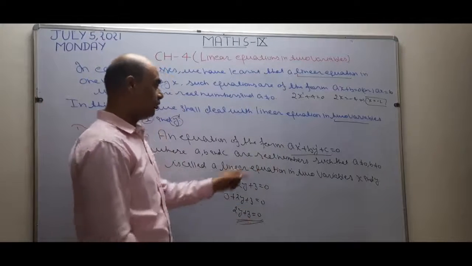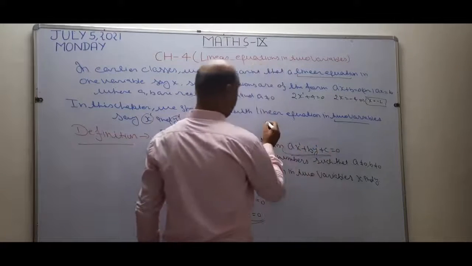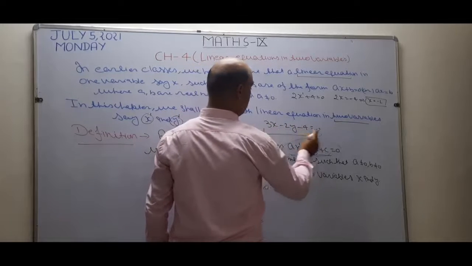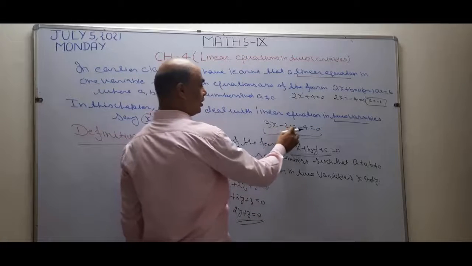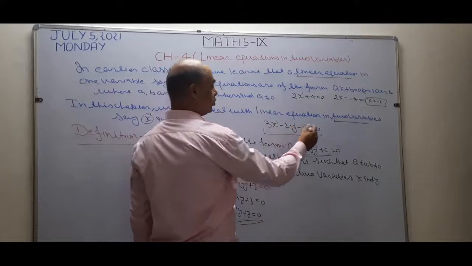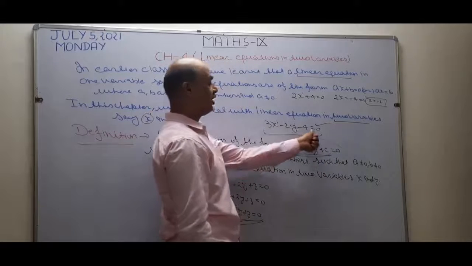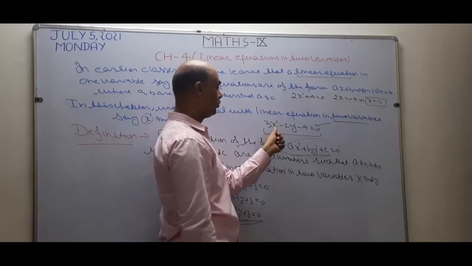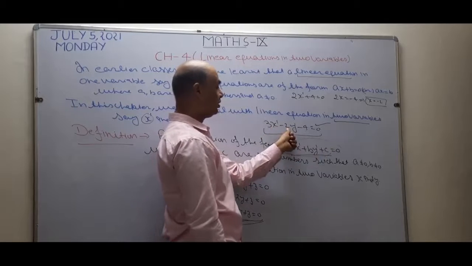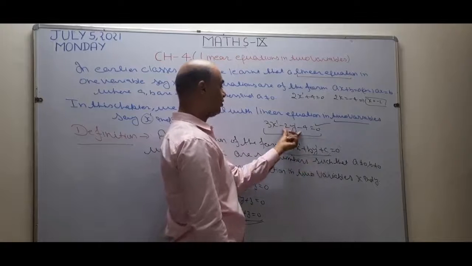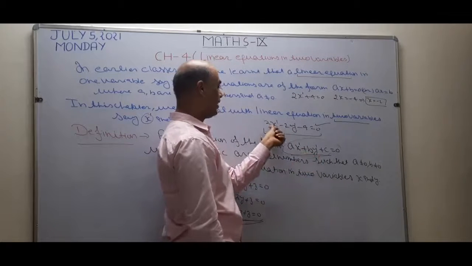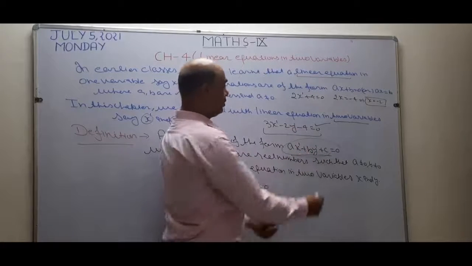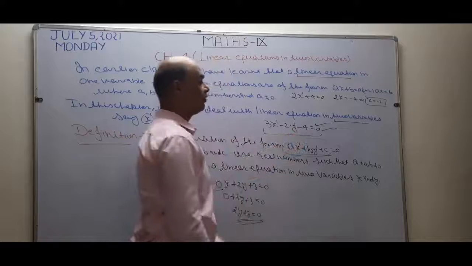Okay? See, one more example of this. If I write here 3x minus 2y minus 4 equal to 0. Now see how many variables are there? Two variables are there, both having their highest power 1. So this is an example of a linear equation in two variables, where a and b both cannot be equal to 0. The value of a is 3, the value of b is minus 2. When I compare this equation with the standard form, the value of a becomes 3, b becomes minus 2, c becomes minus 4. Okay, this is one example of a linear equation in two variables.